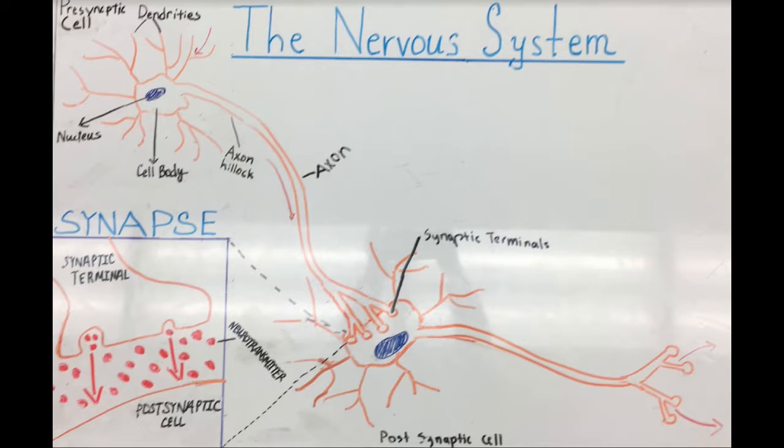As you can see on the left side of the figure, the numerous branches coming out of the cell body of the neurons are called the dendrites, and the dendrites are where the presynaptic neuron receives the signal. Then, this signal is sent to the axon hillock, and the signal is transmitted through the axon. After this process, the signal eventually reaches the synaptic terminal, which causes the signal to be transmitted to the next